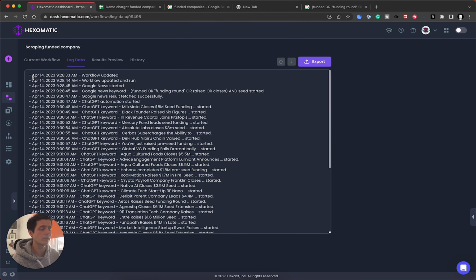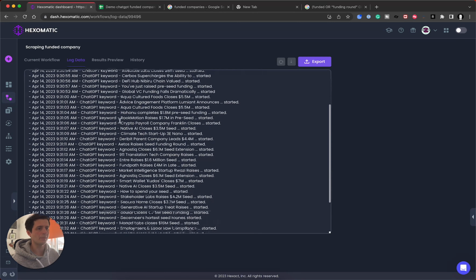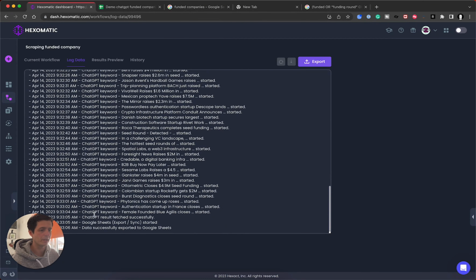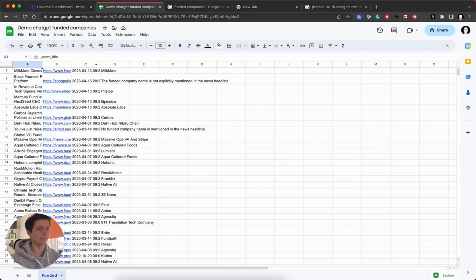You can see here, the workflow started. It searches Google News, then it does the scrape, and then GPT gets to work. So I think it's still running now. It looks like it's completed. So let's see what type of information I've gathered. If we go to here,